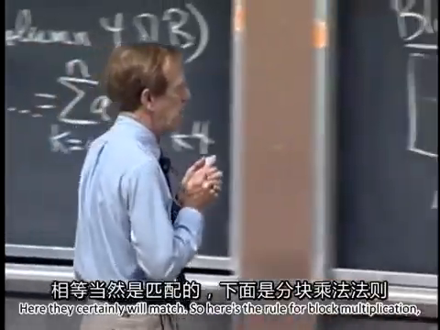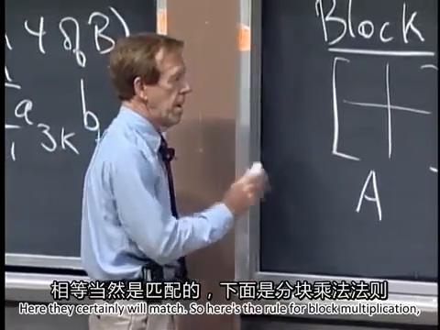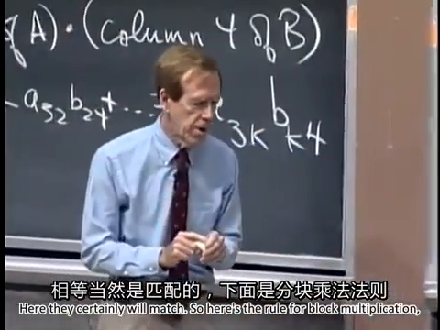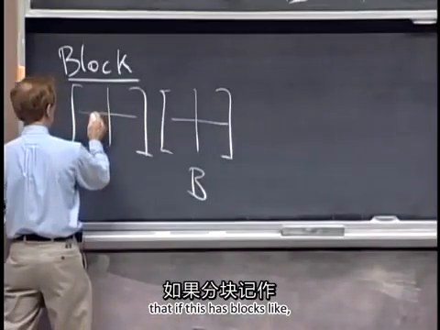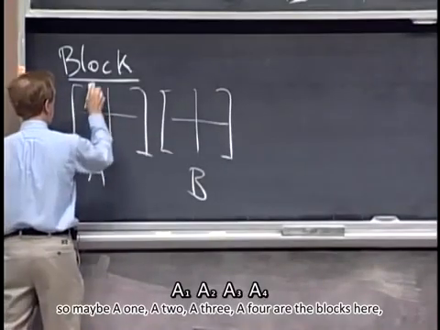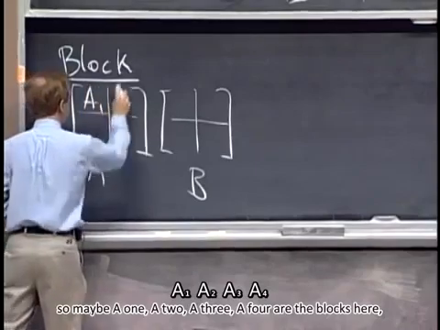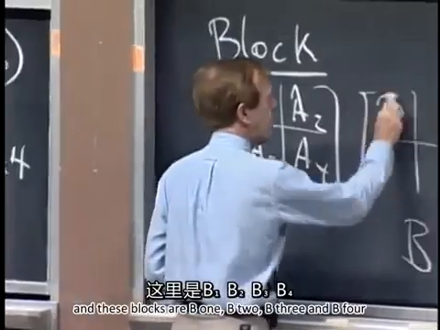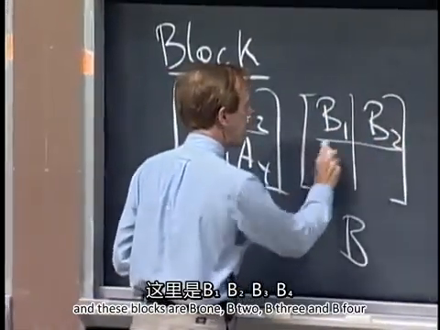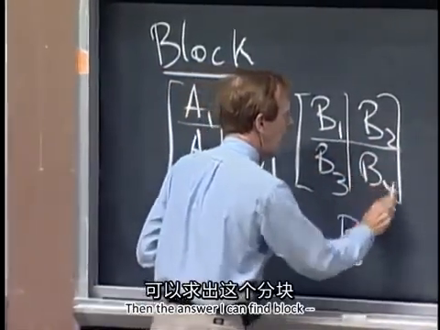Here they certainly will match. So here's the rule for block multiplication. That if this has blocks A1, A2, A3, A4, and these blocks are B1, B2, B3, and B4, then